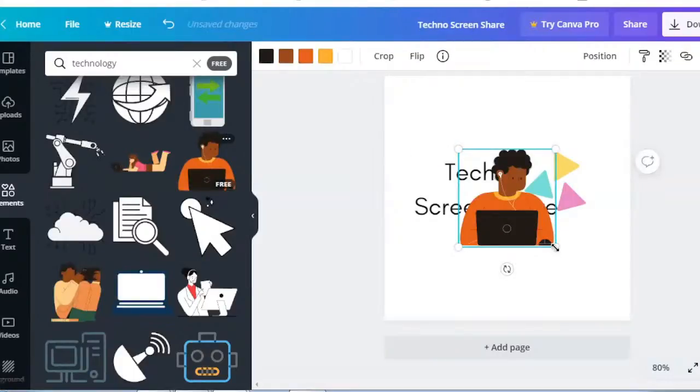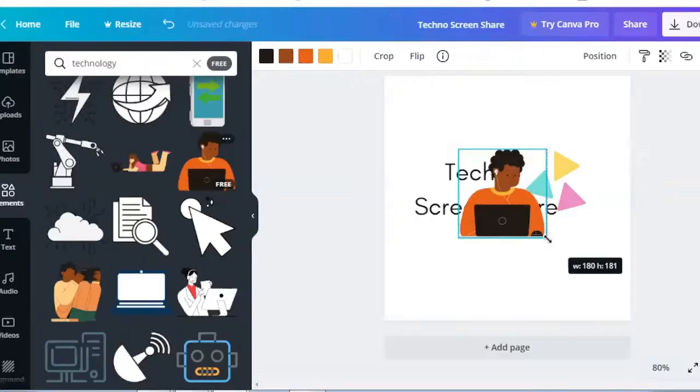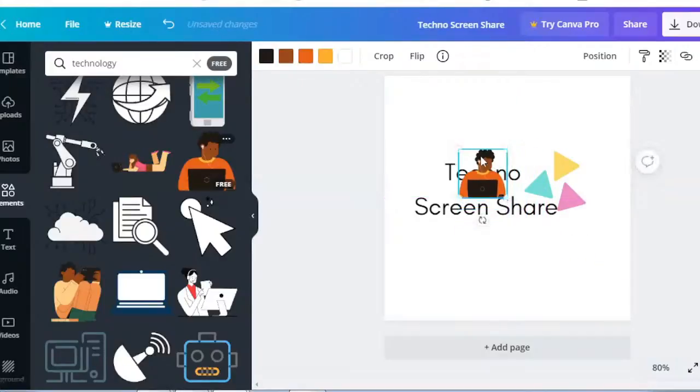Reduce the size, hold the shift button while reducing the size, then you can use this.